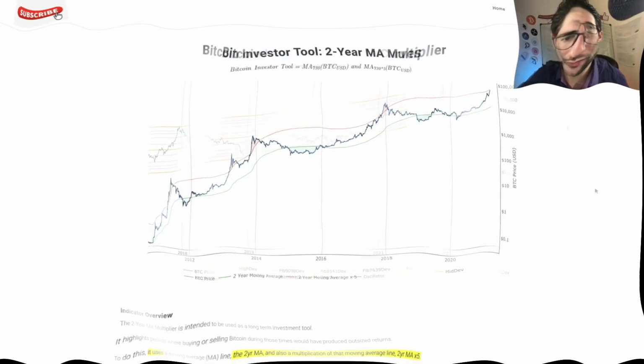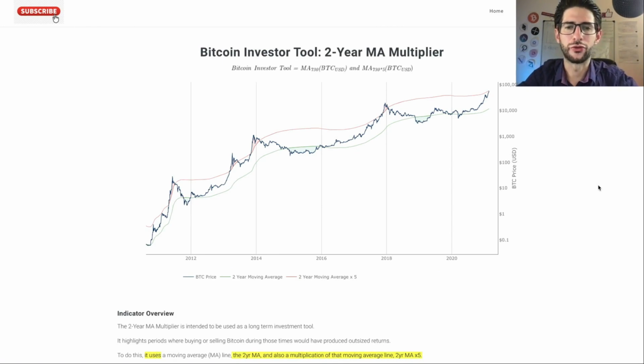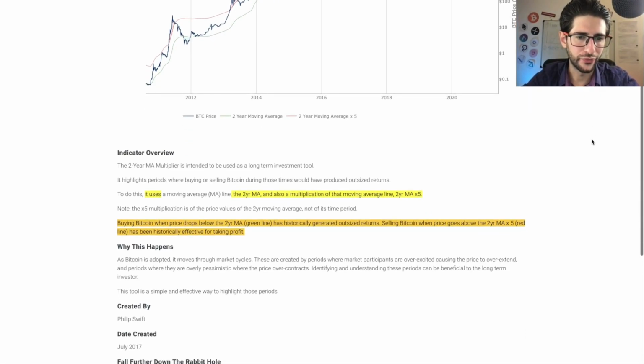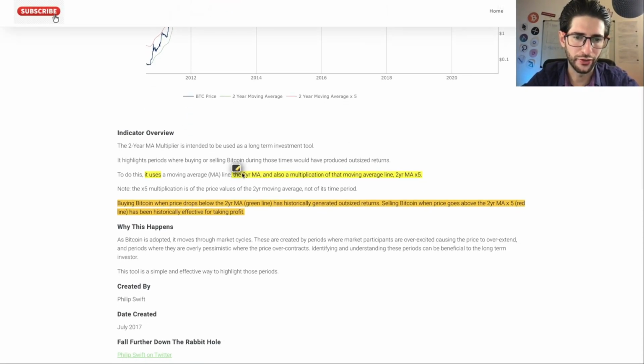for Bitcoin. And our last chart is the Bitcoin investor tool, the 2-year moving average multiplier. This indicator uses the 2-year moving average and also a multiplication of that moving average line, the 2-year moving average times 5. Buying Bitcoin when price drops below the 2-year moving average, the green line, has historically generated outstanding returns. Selling Bitcoin when price goes above the 2-year moving average 5x, the red line, has been historically effective for taking